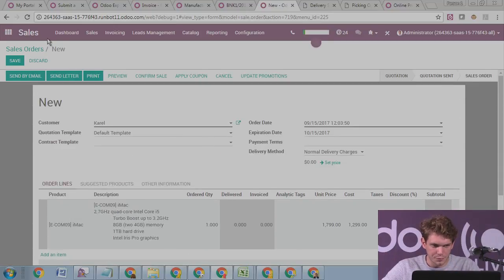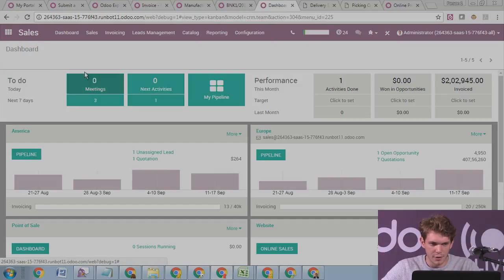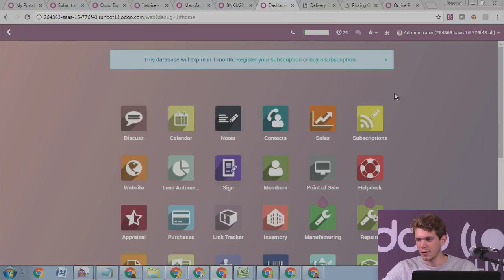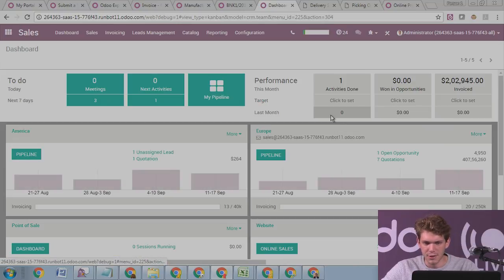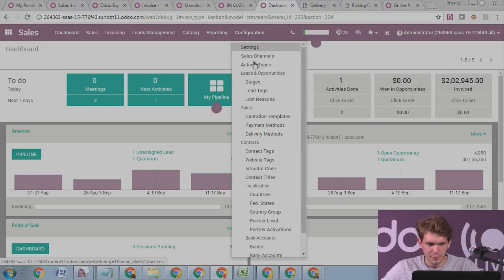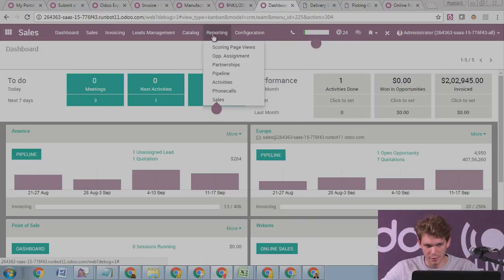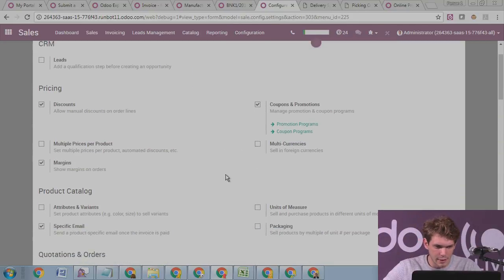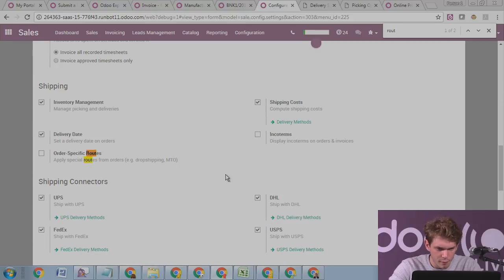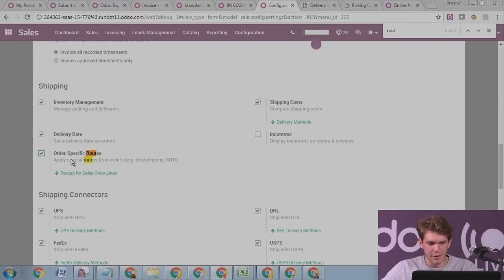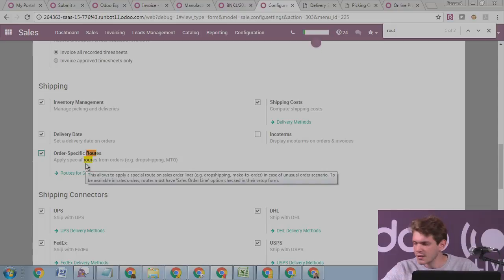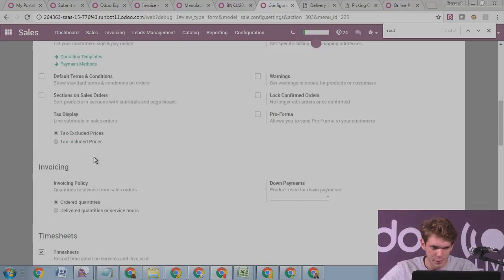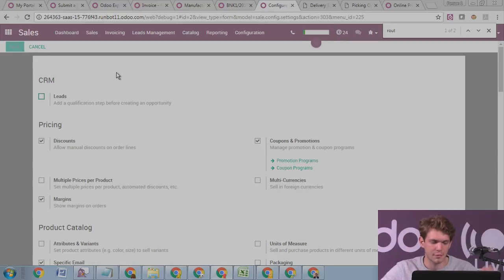Before this works, sorry about that. What you need to do is make sure you can choose the route in your sale order line, something I haven't configured yet. So in the configuration of your sales, you go in the settings, and here you need to activate that you can choose a route inside your sale order. If you do this and you save,